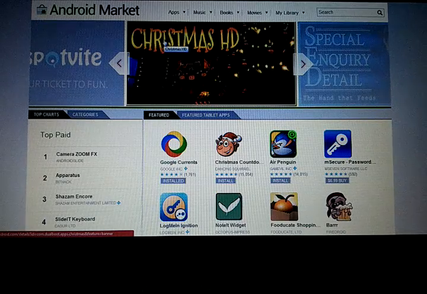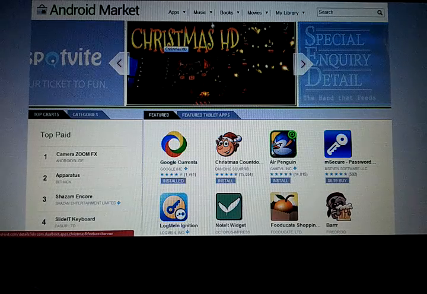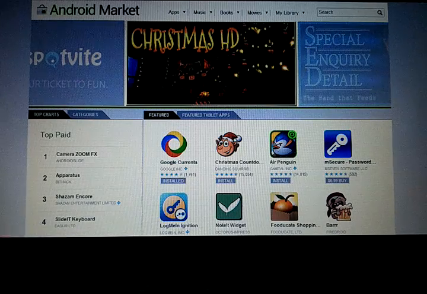So I don't want someone to think that just all of a sudden a good program turns bad. That doesn't happen. That being said, there are a few things you may want to go ahead and pay attention to when you are downloading an application from any source, if that source, of course, will show you particular information. One thing you want to look at, and we'll pretty much just go to the first application, which happens to be Google Currents.